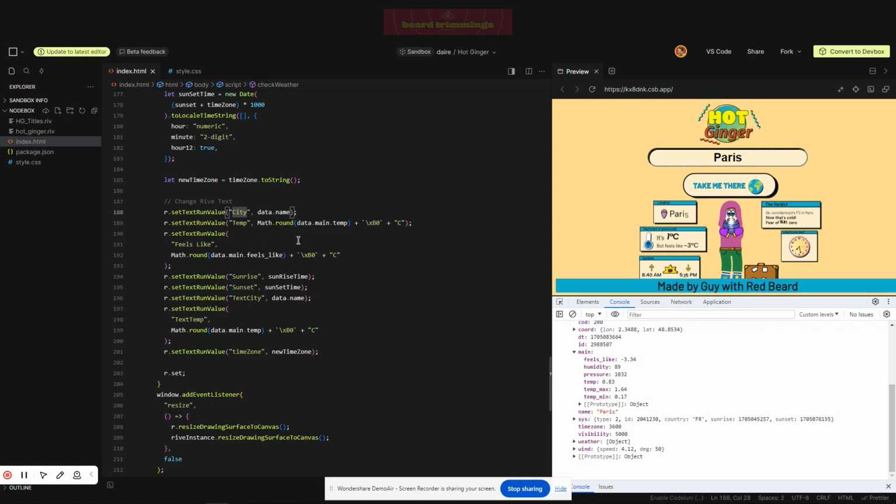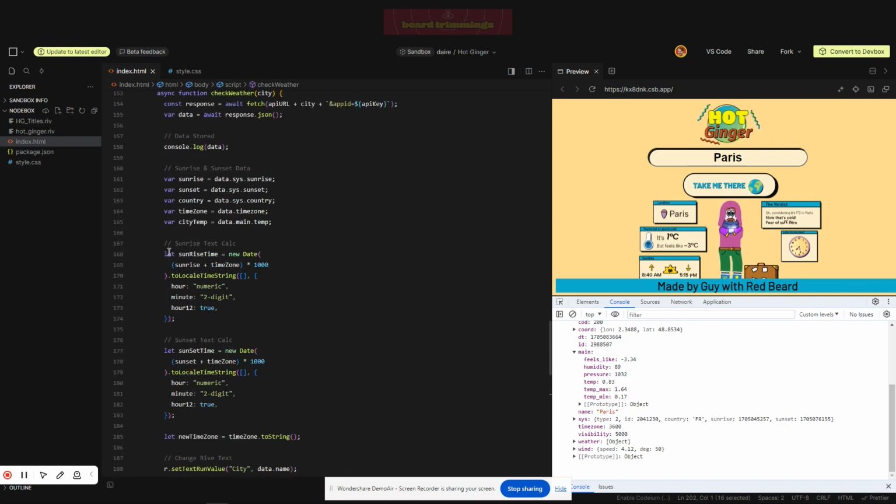And do that for everything. This is a variable, I'll show you in a second. And then I do or.set, so basically change all the values in that to the values you've got from the JSON. Now for the sunrise, I had to convert it into the format we see here. Luckily, JavaScript has built this in to help you format it. So, new Date,